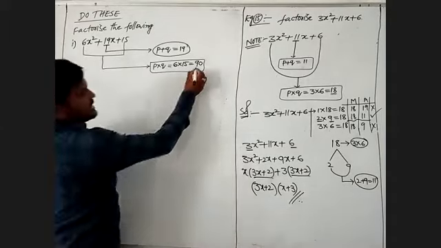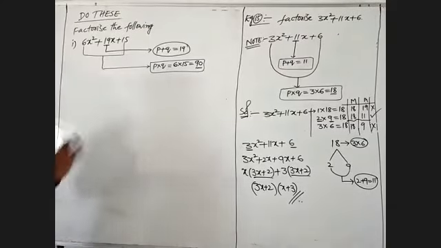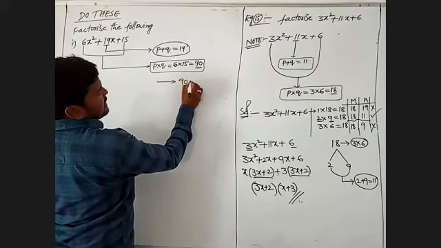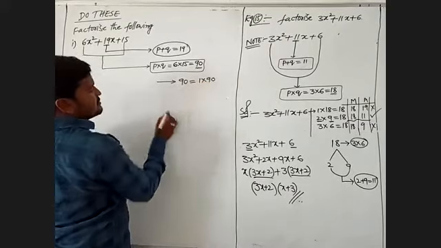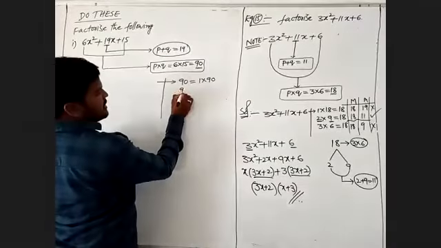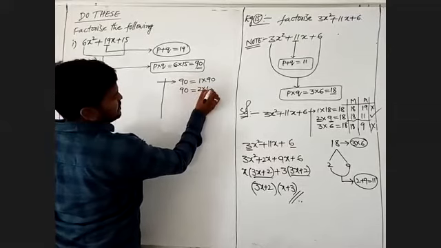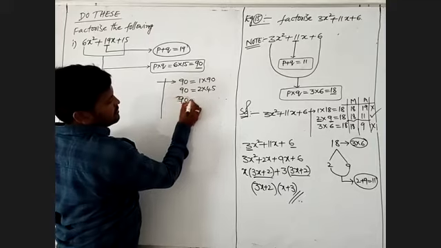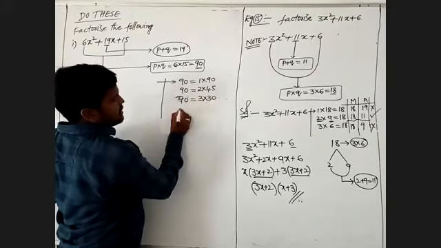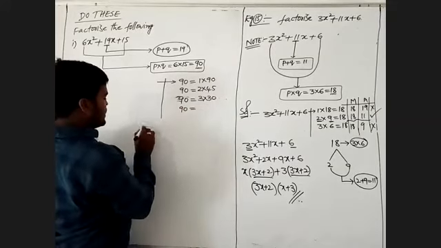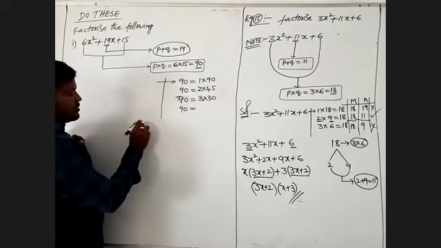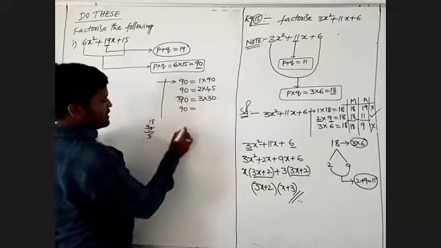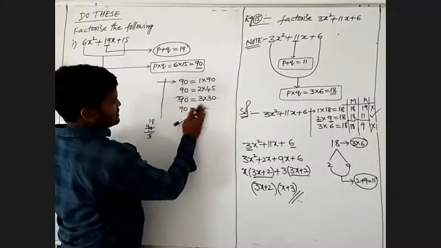We will take this 90. I will write the factors of 90. 90 must be written as 1 into 90. Remaining, 90 is equal to 2 into 45. After that we will write 90 is equal to 3 into 30. 90 by 4 does not satisfy. 90 by 5, 5 into 18 is 90.